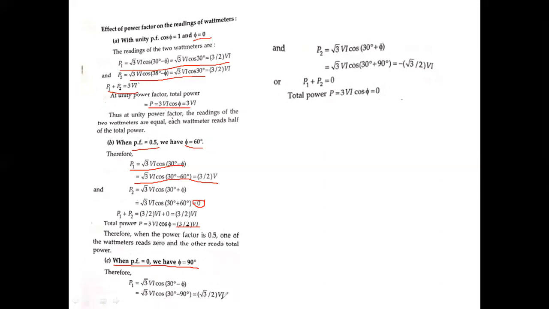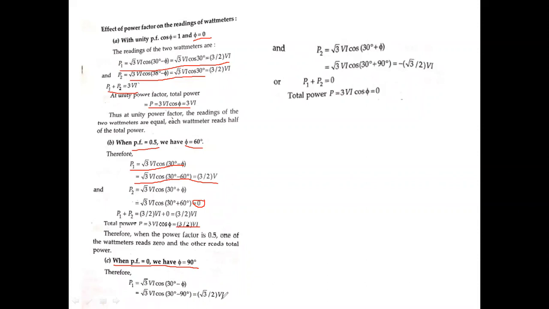At this type of reading, at 0th power factor, the readings of the two wattmeters must be equal with opposite sign. It has to be noted that when the power factor is below 0.5, one of the wattmeter readings will show a negative indication.